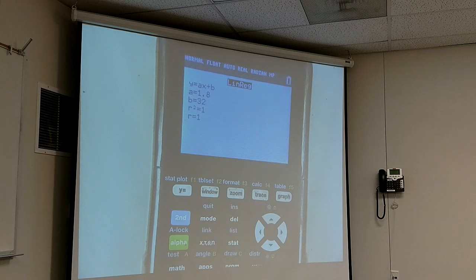So that's what we predicted, right? R is 1. I've only got 2 points. So, of course, the line that best fits those points is going to go through both of them. 2 points to find a line. So, of course, R is going to be 1. And 1.8, well, that makes sense because